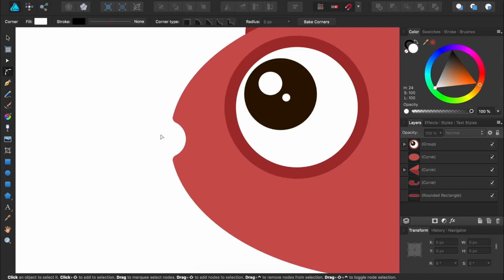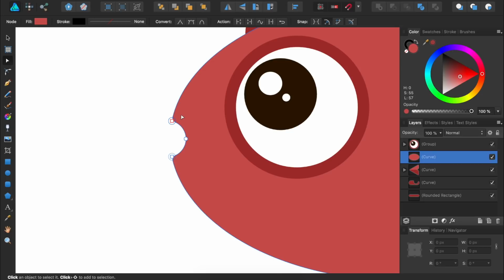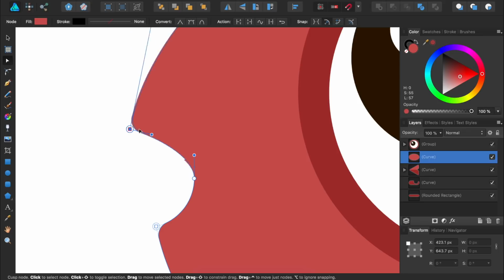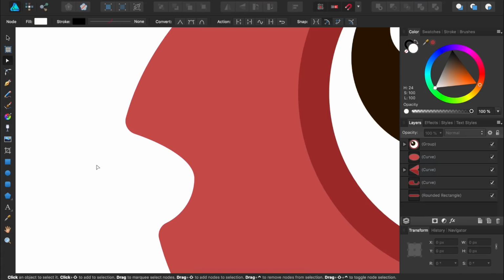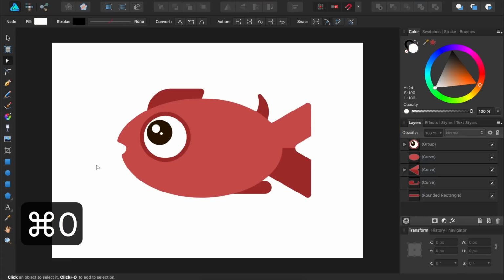And if you want to give your fish a little bit of an underbite or overbite, you can select the Node tool, and then if you click on the fish's body, you can select one of those nodes and move it. You'll be able to move this node in a straight line if you hold down Shift while you're clicking and dragging. Now I'll zoom back out so we can see the entire fish, and we'll add a shadow going